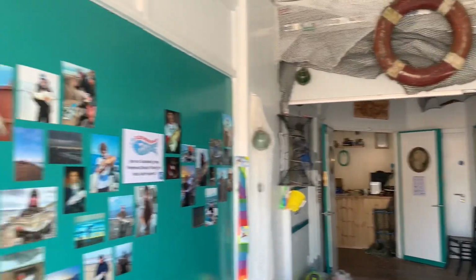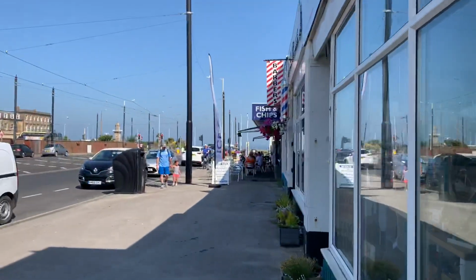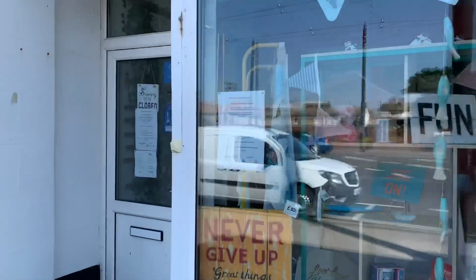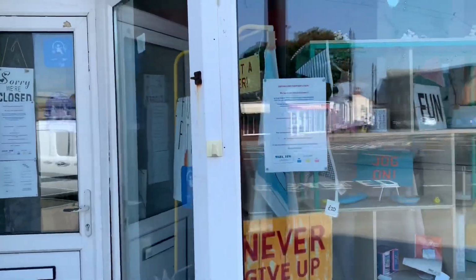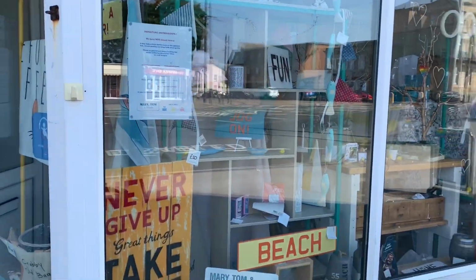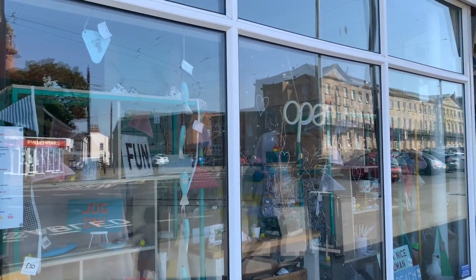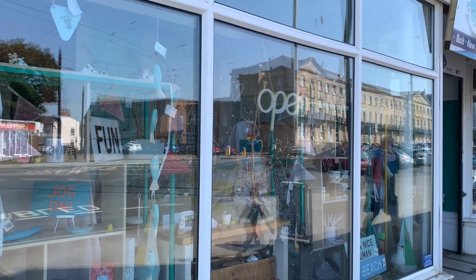Fleetwood fishing. This is a little gift shop called Mary, Tom and Friends. I think it's closed at the moment. Yeah, it is. They must open later in the day. And they sell all kinds of different gifts and things. They were originally in the town centre next to the